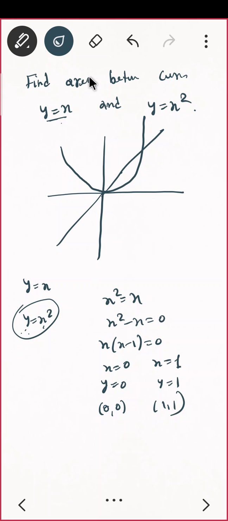So what is the question? Find the area between two curves. That means what? You have to find the area of this shaded region. Can you quickly tell me what will be the integration part, that is the shaded area? Anyone? Atharv, Neeraj, Payal, can you tell me what I should put in the integration? What is the bound? What is the intersection point? 0 0 and 1 1.